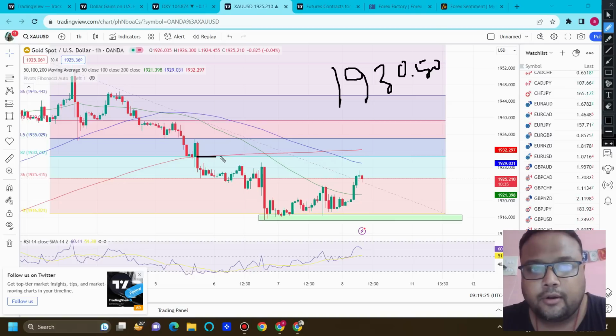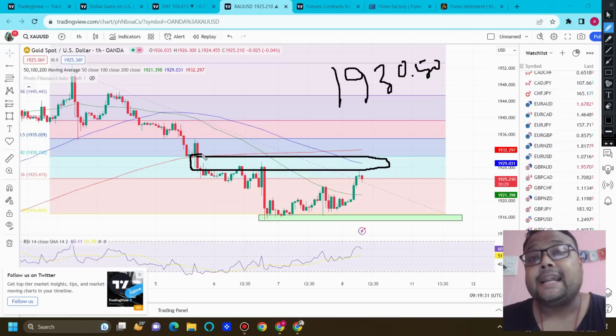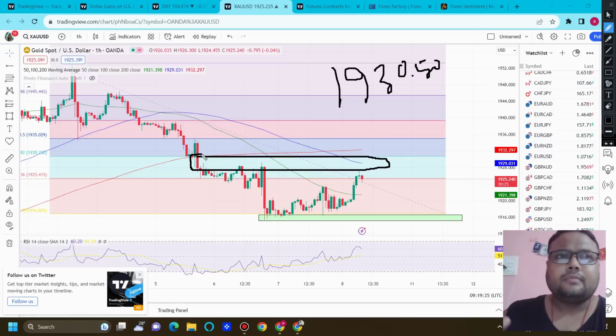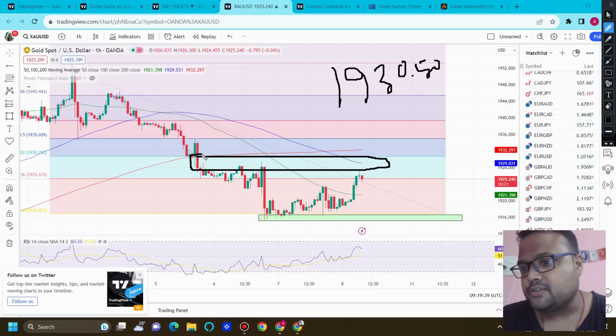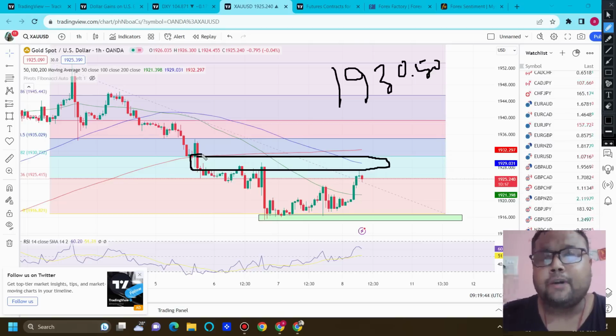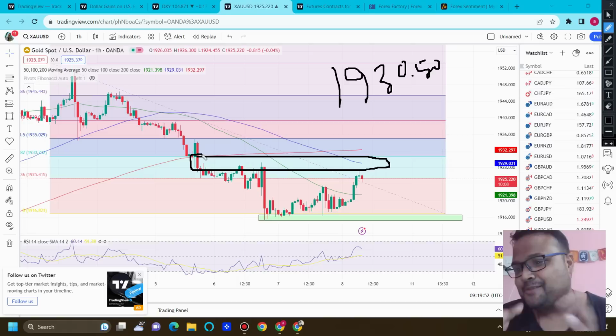So if we combine all the factors here, it seems that this particular area is a good resistance, at least during the Asian session and European session, because in comparison to the US session, the Asian and European sessions don't have much volatility, and we can expect reversal trades, because for breakouts and breakdowns, volume is extremely important. If the volume of the market remains like this, day traders can look for a sell opportunity